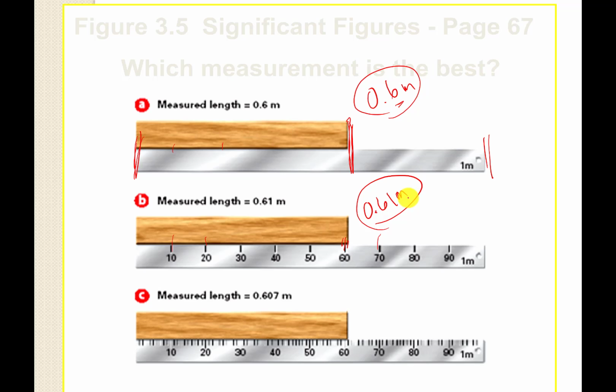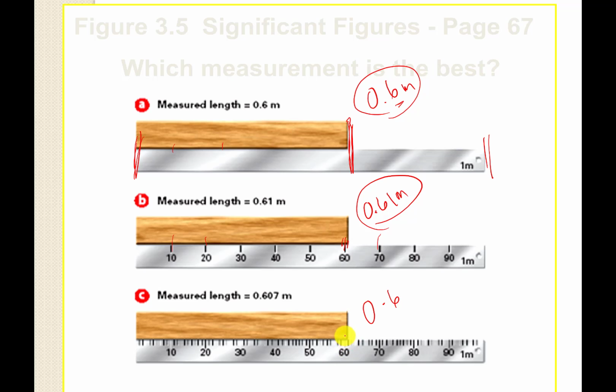Finally, this next meter stick is much more precise. We have now added the hundredths. So this one only had the tenths, and now this one has the hundredths. You can see these little lines for the hundredths. So let's go through this again. Of course, we know our first number is 0 point, and then our next number is between 6 and 7, so it is a 6. Then the next number is going to be somewhere between